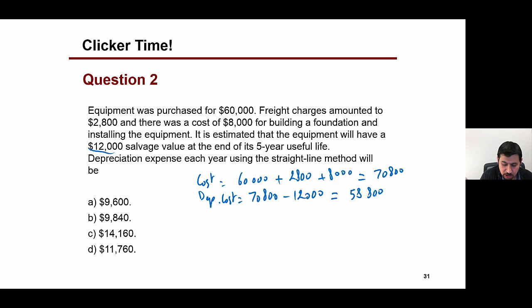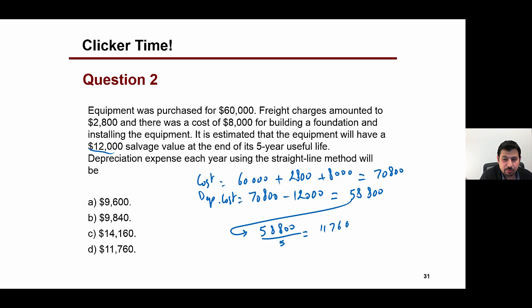To calculate the depreciation expense, we divide 58,800, which is the depreciable cost, by the useful lifetime, 5,